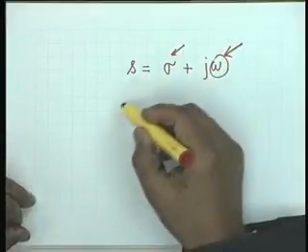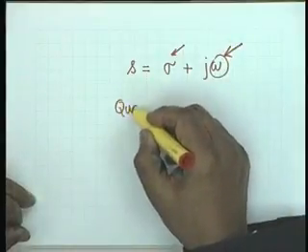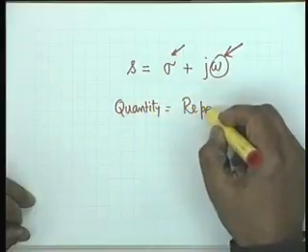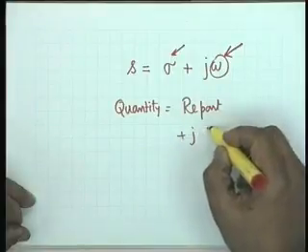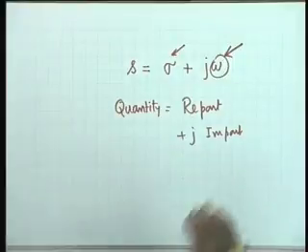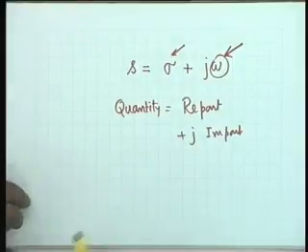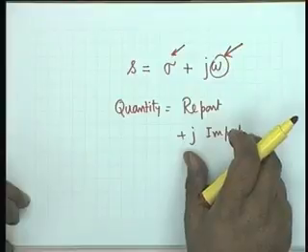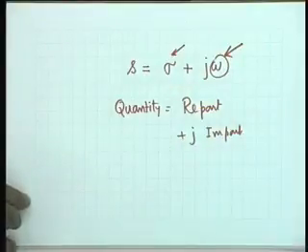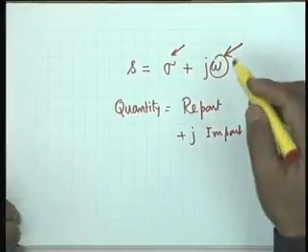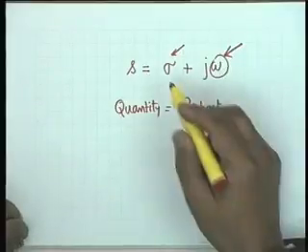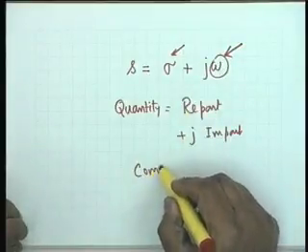So what we write is: a complex quantity is equal to the real part plus j times the imaginary part, that is, the imaginary part itself is a real quantity. When you multiply by j, this constitutes a part of the total quantity. It is a matter of definition. So the quantity that multiplies j is the imaginary part, and as you know, s is called the complex frequency,